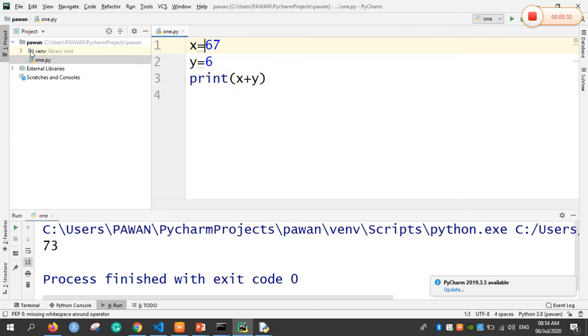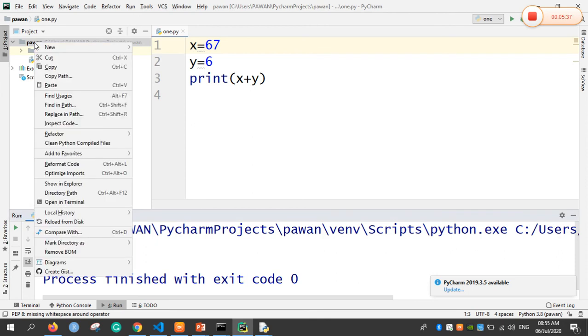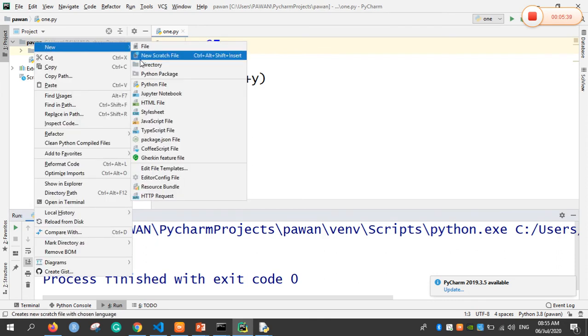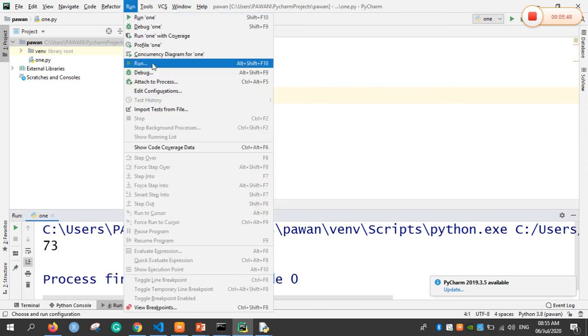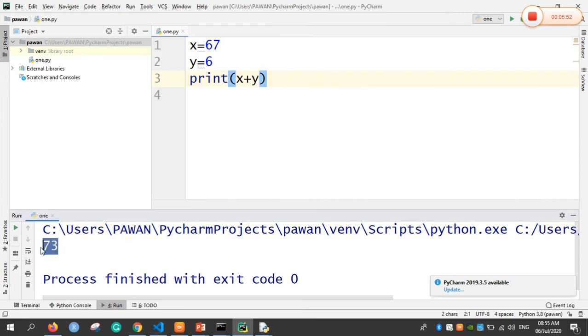After creating the project, right click on it and select the option New, where you can select the Python file. I have done the same here. I have given the two values and printed the values, and finally you can run the code using Alt, Shift and F10 simultaneously. Then the value is going to be displayed. This is another way of running the Python program in the PyCharm editor.